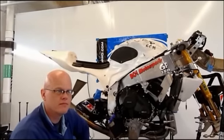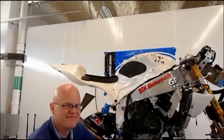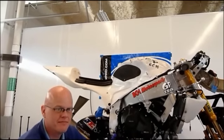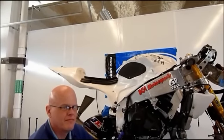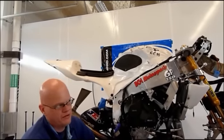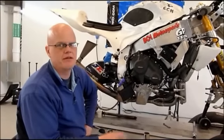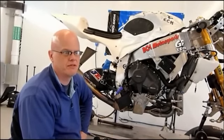I would assume one of the more daunting challenges has got to be, once you build it, the resources that you've got. I mean, you don't have an HRC garage, so you've got to be careful and efficient with your parts. How do you approach that? What you're talking about, working on the machine more efficiently, what type of approaches are you taking to do that? Making sure that you get your hands in where they need to go a lot quicker, and components come off in larger groups, and making things that you can remove easily and reattach easily. That way it can be serviced much more quickly, or